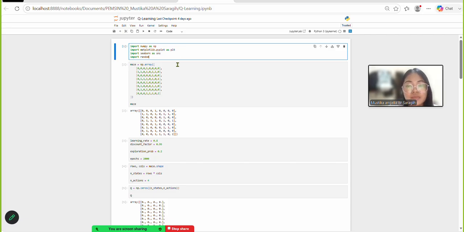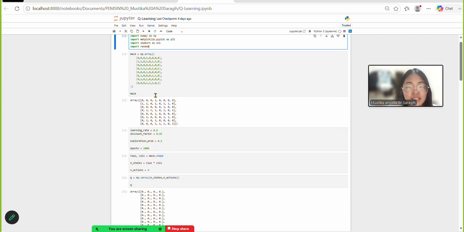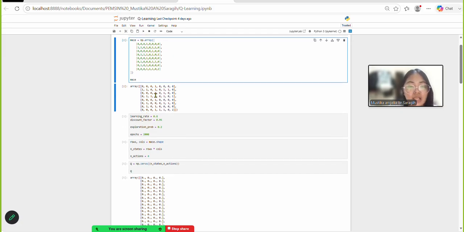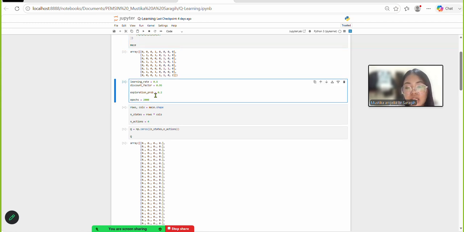And the random library is used to select random actions during training. Next is create the maze. The code creates the maze where 0 represents a free path, 1 represents a wall, and 2 represents the goal state. And next, hyperparameters. These parameters determine the learning rate, importance of future rewards, discount factor, exploration probability, and the number of training episodes.